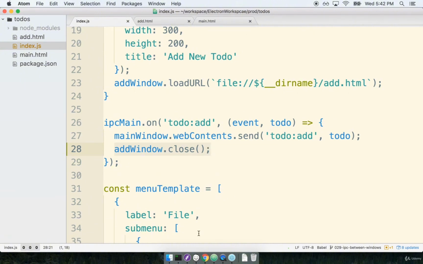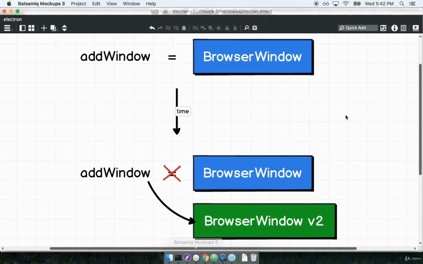Now the problem there is that we still have an address in memory, we still have a reference to addWindow, and that is the variable addWindow right here. So really it's the exact situation that I showed in the diagram right here. addWindow is pointing at this instance of browser window. And when we call close on this thing, we clearly are saying, I don't want to use you anymore. You're totally done. Get out of here. Your history, you're toast. But that does not reclaim that memory in space or reclaim the actual RAM that that